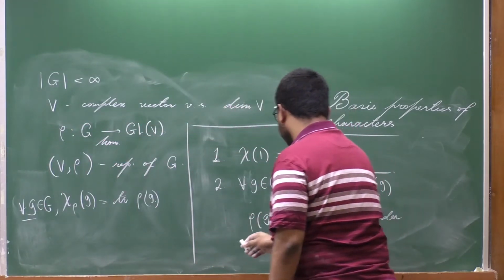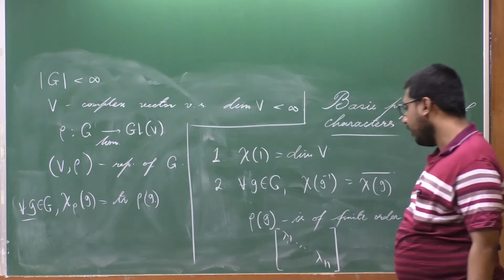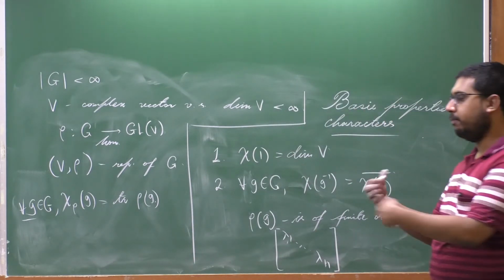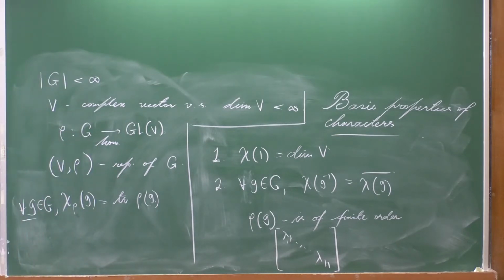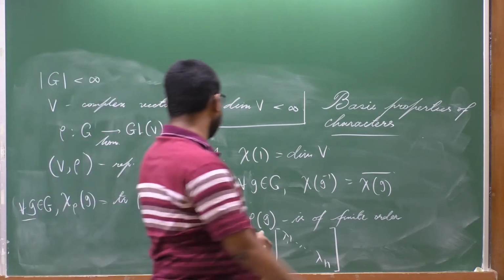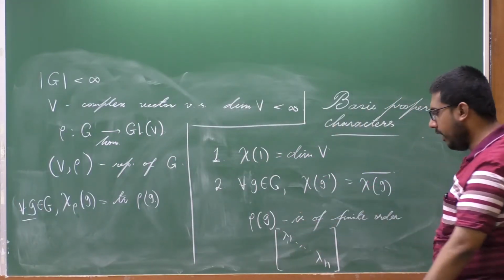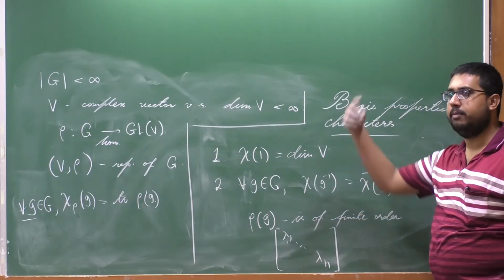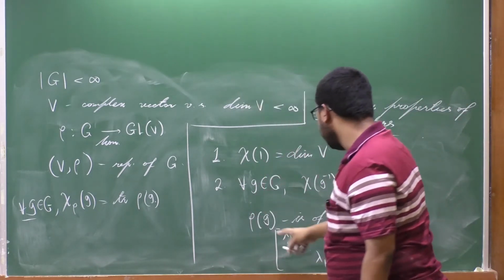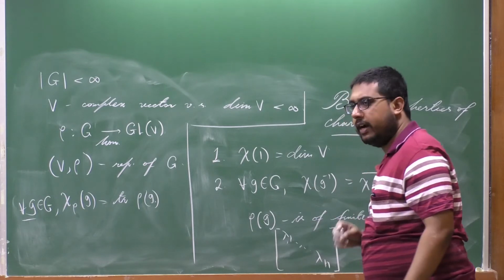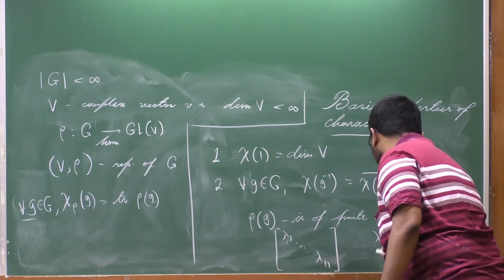So, this is going to be the matrix of rho g, and then by the product rule for matrices, the matrix of rho g inverse will be the inverse of this matrix, okay. So, the inverse of this matrix will be the diagonal matrix, where diagonal elements are replaced by their respective inverses. Now, you see, since rho g is a matrix of finite order,